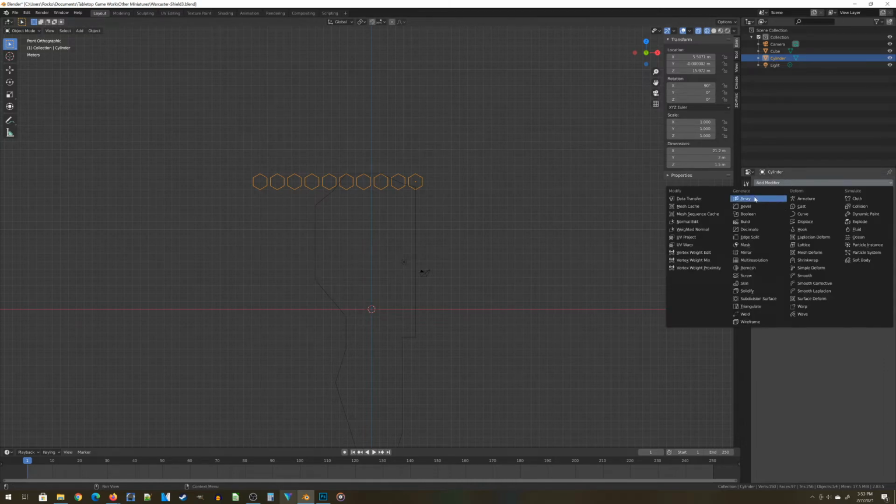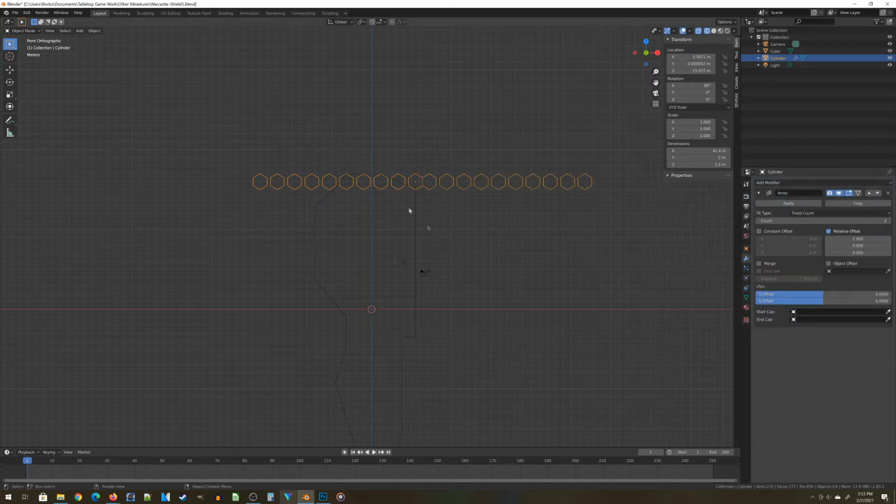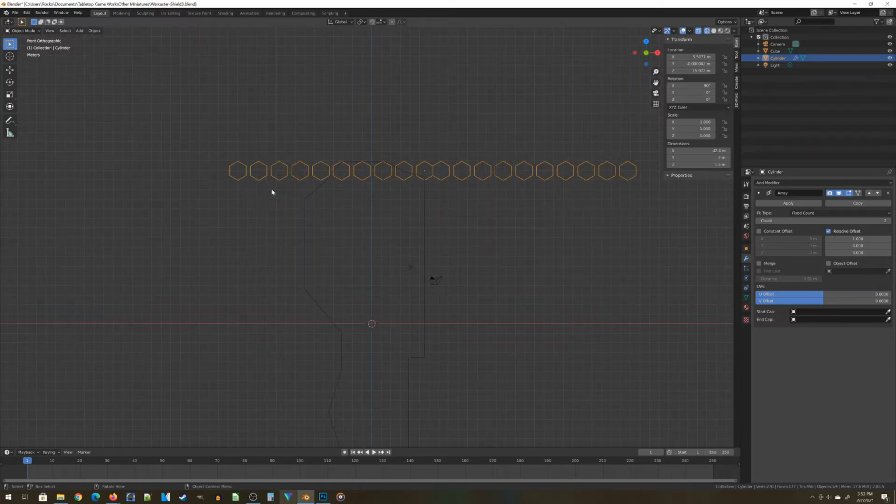And we're going to add another array modifier. And now you can see this time it drops something off to the right. Well, that's not any good. We'll deal with that in a moment. What we want to do is drop it below and offset a little bit, kind of like a hex grid you often see in many tabletop miniature games. Well, if you're used to the 1980s tabletop miniature games, or Battletech, which is basically a 1980s game at this